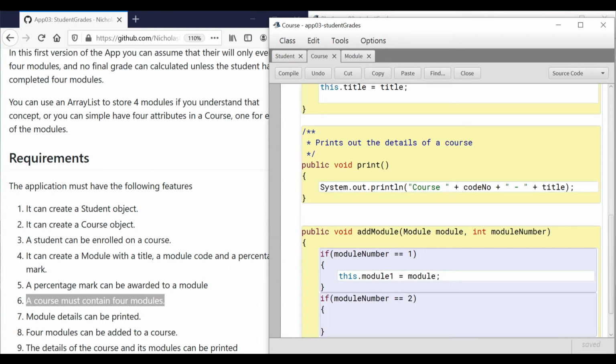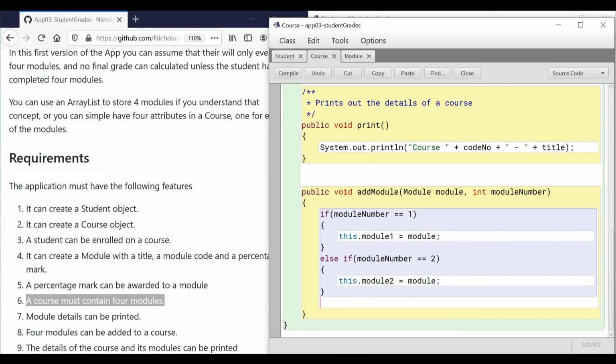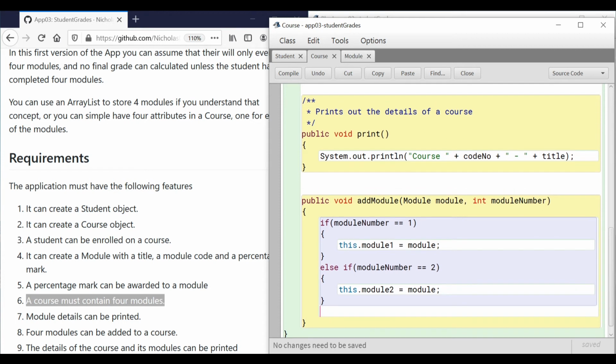And should I have specified that needs to go into the second module space? That's how I can work out where it's going to go. Right, I might want to say that's else if, just for exclusivity here. Okay, so if you follow that format for the remaining 2 modules, that should be a way of adding them